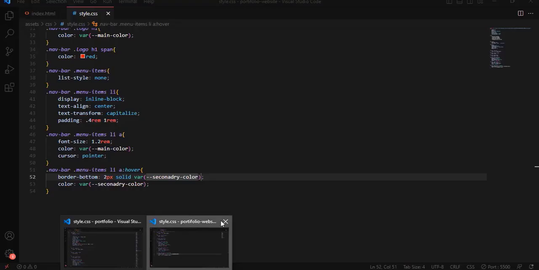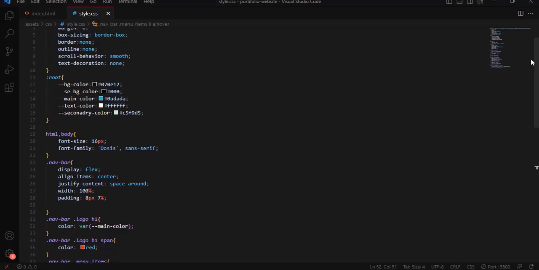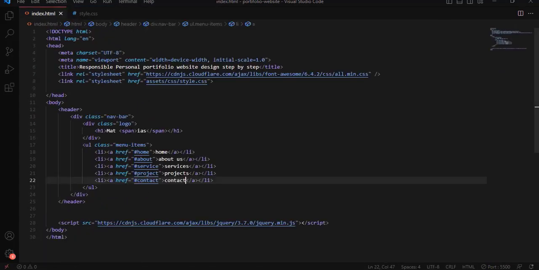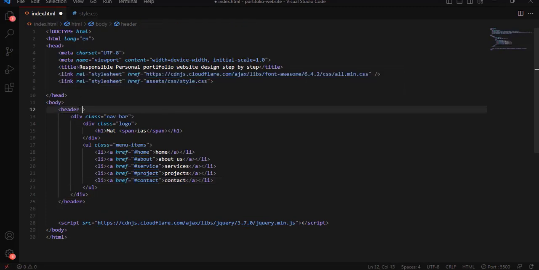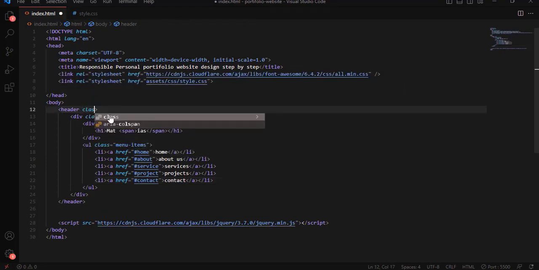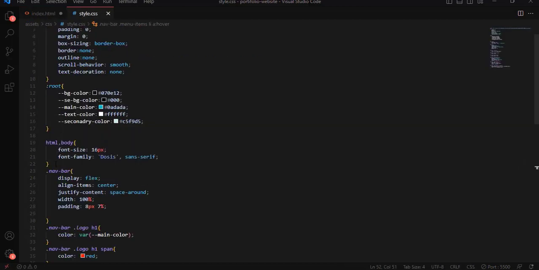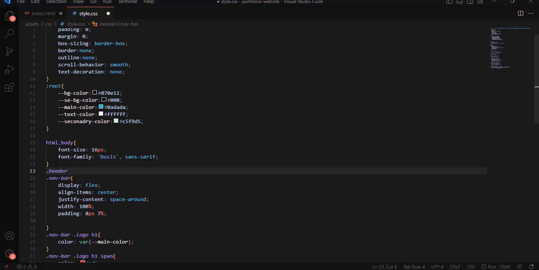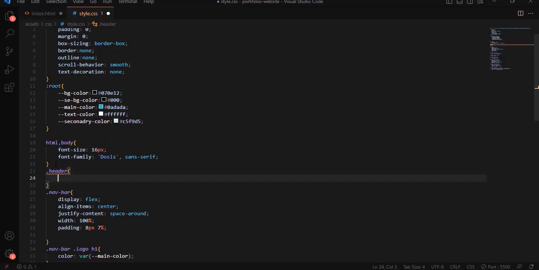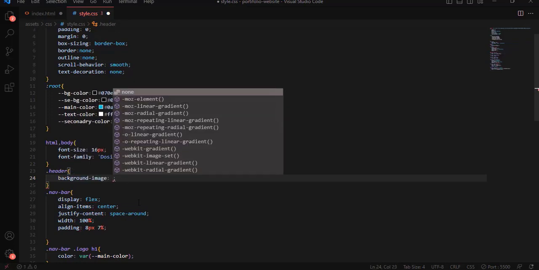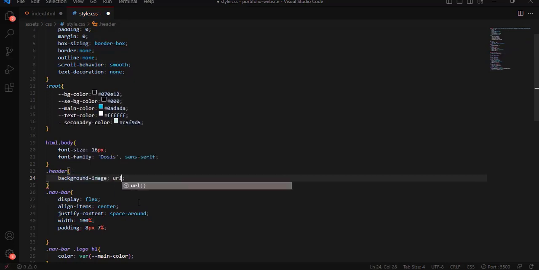Now over here, let me add a background image, right? To do this, first we are going to add a class name right here. Let me say class header. After that, using this class selector header, let me add a background image for the home section. So copy this class name and paste right here, and now background-image,